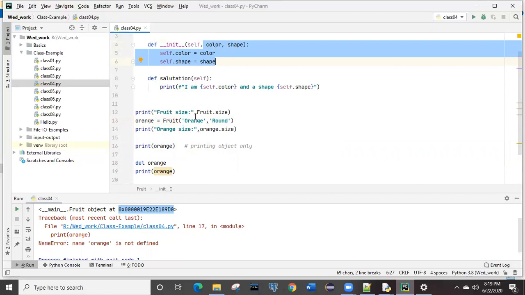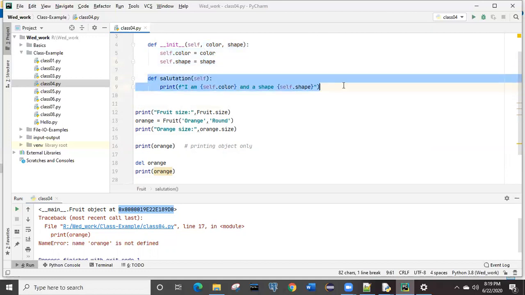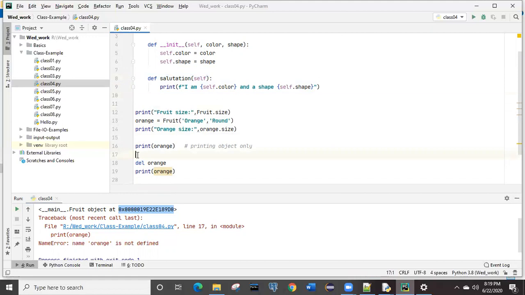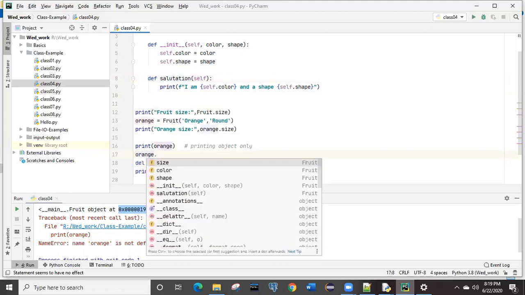So color will be replaced by orange and shape will be replaced by round. The same way, you have defined one method to print the value, right? But why are we not getting this output? Because we didn't call that method itself. Nowhere do we call this salutation method, right? So you can call orange before deleting, you can call this.